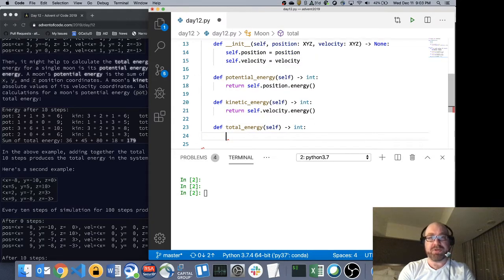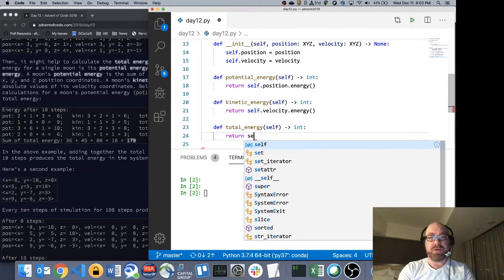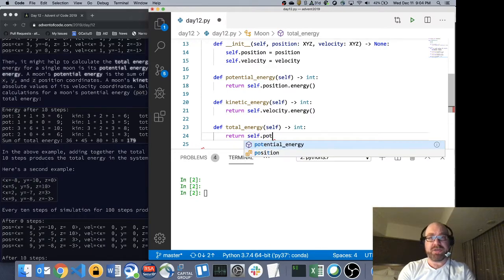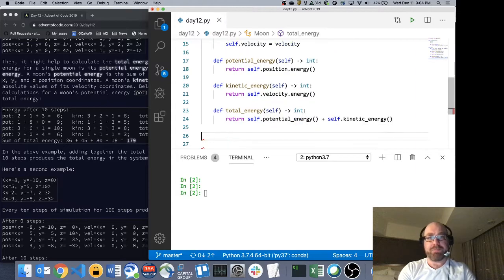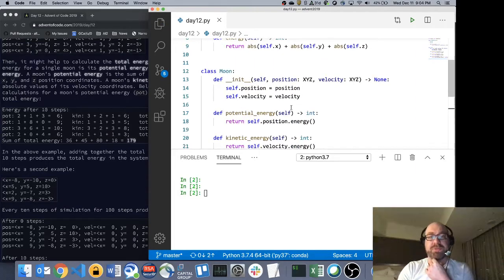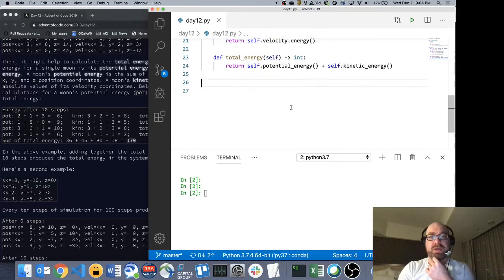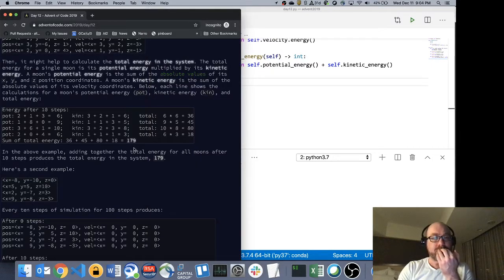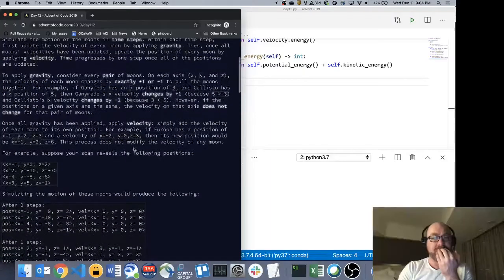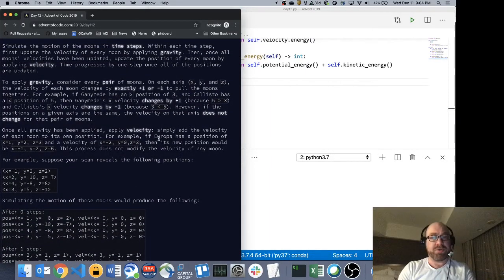I'm probably being too cutesy by defining all these. Return self.potential_energy plus self.kinetic_energy. Okay, so now we have a moon that has a position and a velocity, and now we want to